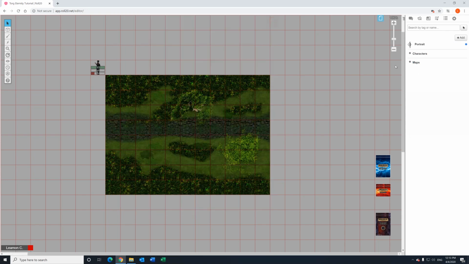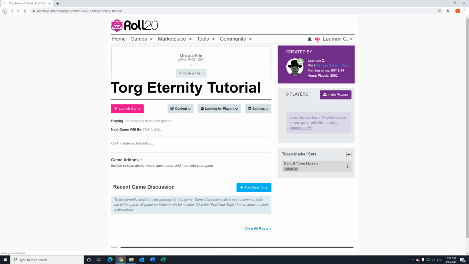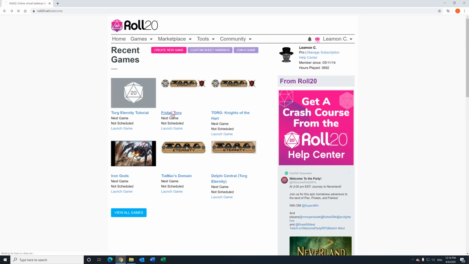So you can just play around with putting things in order. Handouts I use are world laws, the different cosm possibilities so that everybody can bring it up if they need to. Any combat options are there. Your bonus charts, all of that stuff, you can just add as many as you want. If we go back to the game that I've already created, Friday Torg,